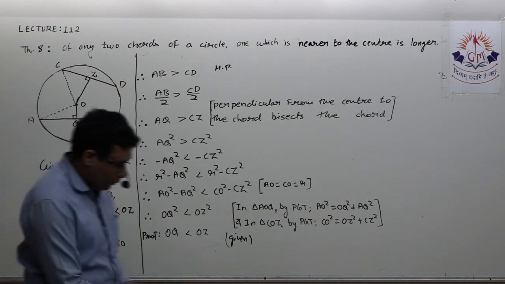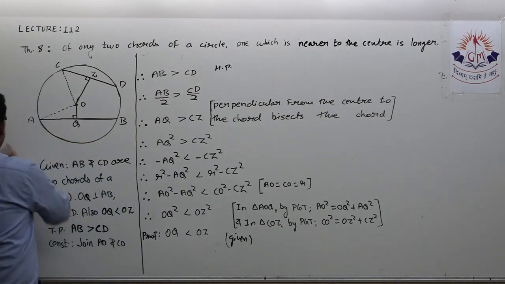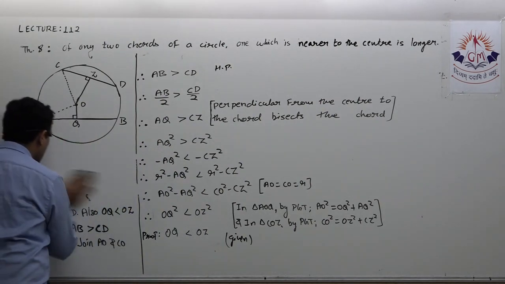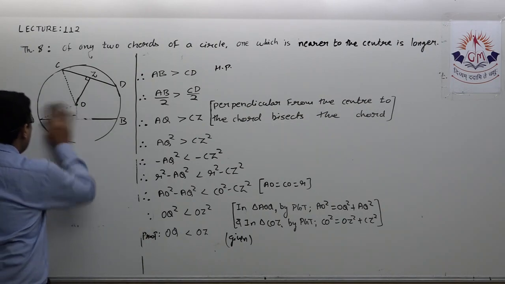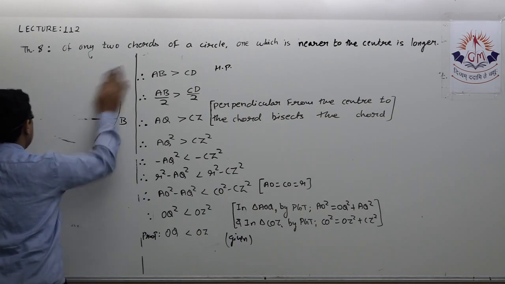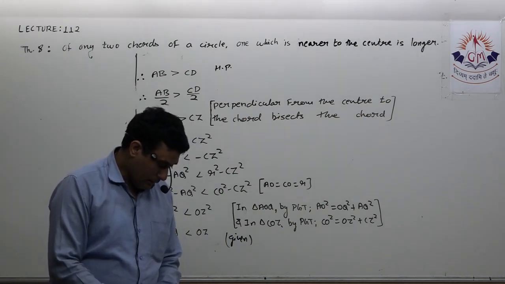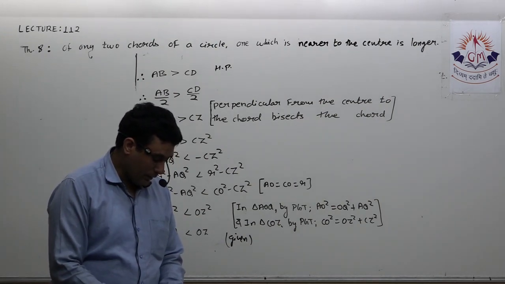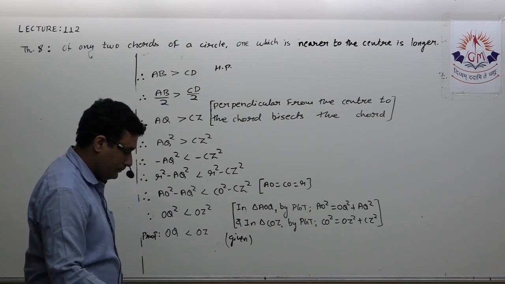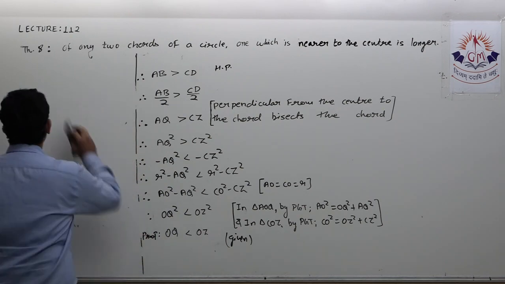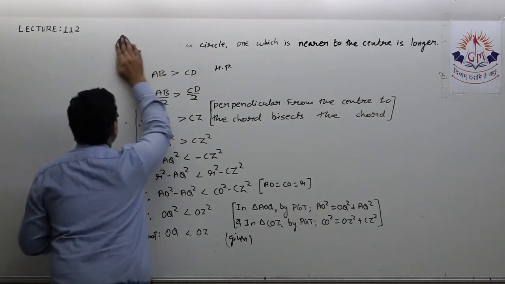Okay, so I hope you noted down this. Now we'll start questions related to these theorems, and then after finishing these examples and exercise, again we come to the next set of theorems. Overall, in this chapter, we have to see 17 theorems. Out of 17, we solved 8. So 9 theorems we have to see more.